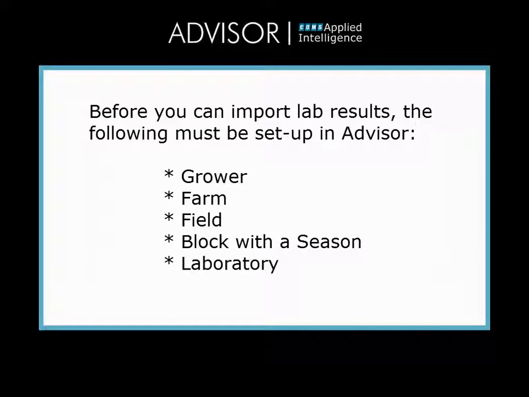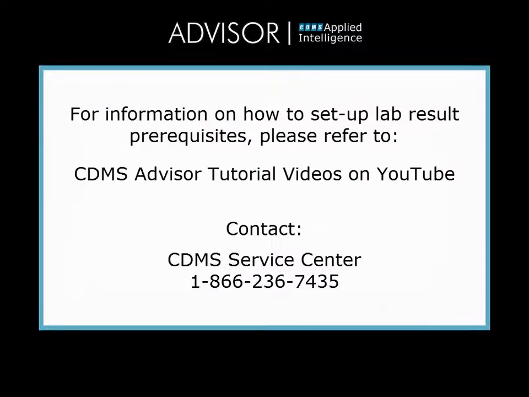The lab and analysis types, soil and/or tissue, must be set up in your soil management preferences. For lab result map layers to generate automatically, your map layer preferences must be set. For information on how to set up your lab result prerequisites, please refer to our other CDMS Advisor tutorial videos on YouTube or contact the CDMS Service Center at